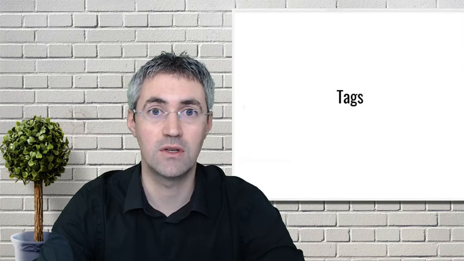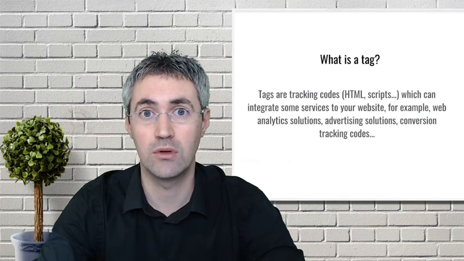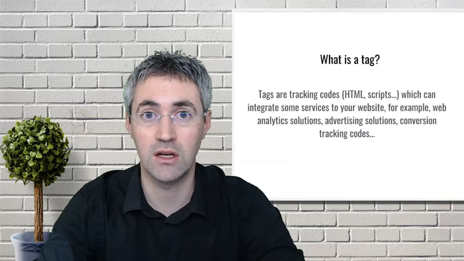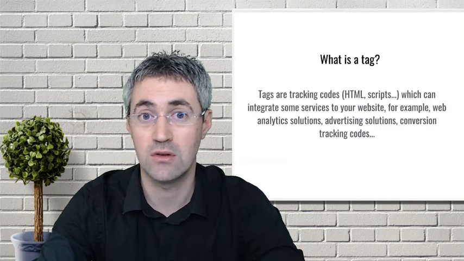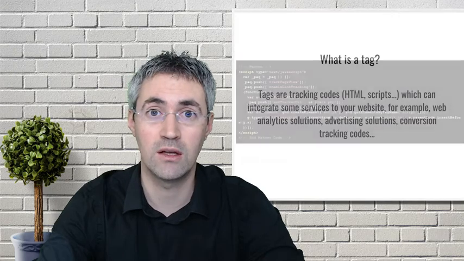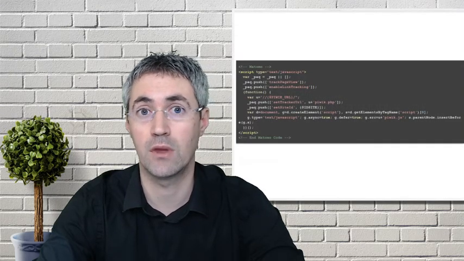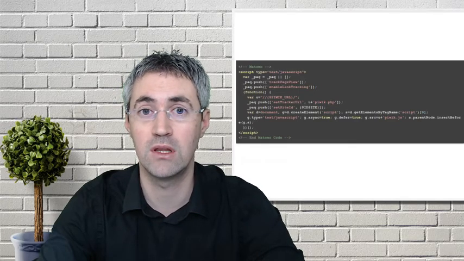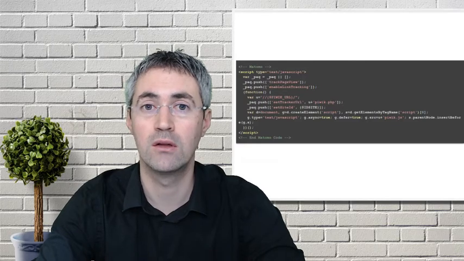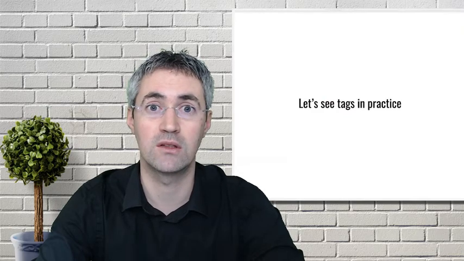In this specific unit we're going to see what tags are. We already saw that, but tags are nothing more than tracking codes, snippets of code of different solutions that you would like to add to your website, or at least to send data to. This is one example of a tag, the one of Matomo Analytics. You have many different tags such as this one that you can implement within Matomo Tag Manager. Let's see that now a little bit more in practice.